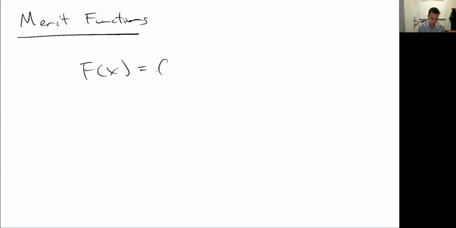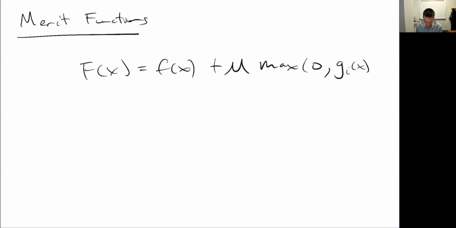You'll recognize these because they look exactly like the things that we've done. F of x plus mu times, I'll just do the inequality constraint, although you can also do the equality constraints, right? And it could be squared, it might not be squared. It's less important for the line search because we're not doing derivatives along the line search per se. We're just taking these sort of discrete jump steps. So it could be something like that, right? This could be a merit function that's used,